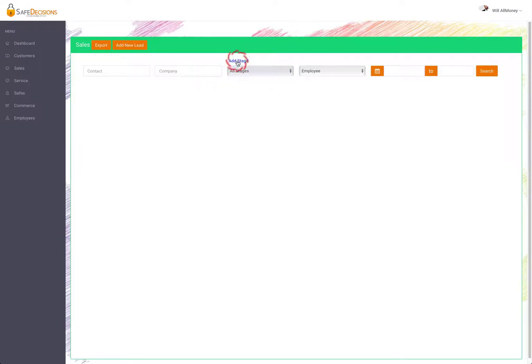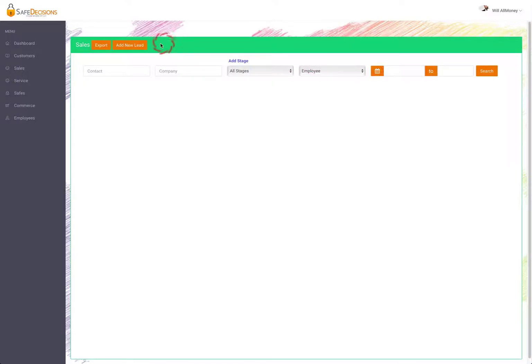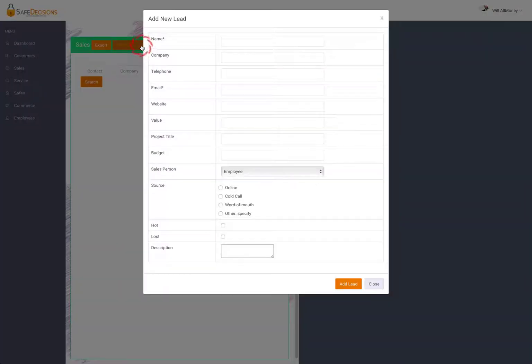If you also notice, there's an add stage button. The sales section we have made to be very flexible. And so a sales manager or an owner can click on add a stage and add a stage to the sales pipeline. So let's have the sales dashboard come alive a little bit. We're going to just put in a test user and we will